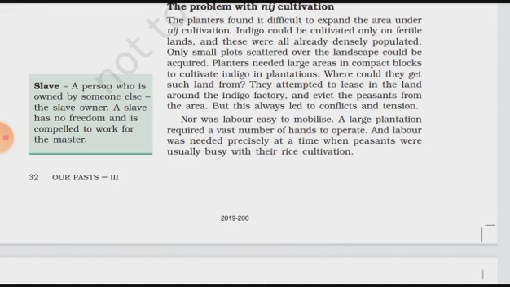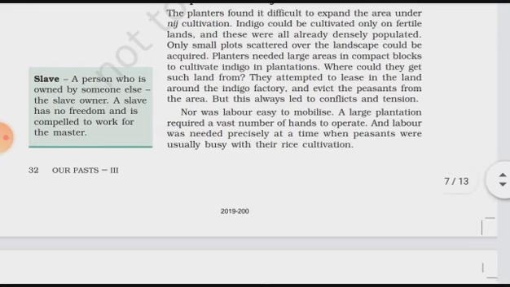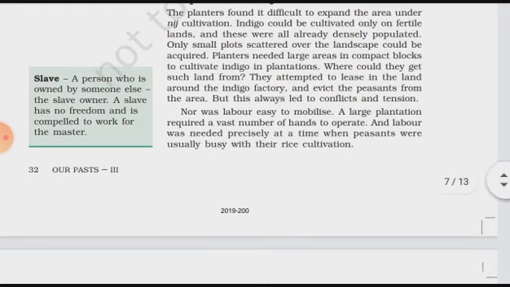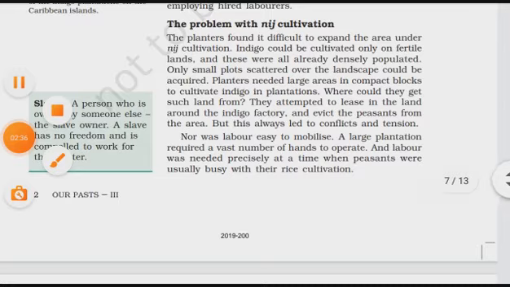The planters wanted large tracts of land to cultivate indigo in these fields. Where could they get such land? From where would they get it? So they attempted to lease the land around the indigo factory. Lease means here that they took the land on contract